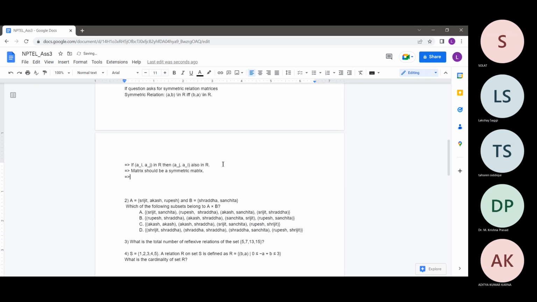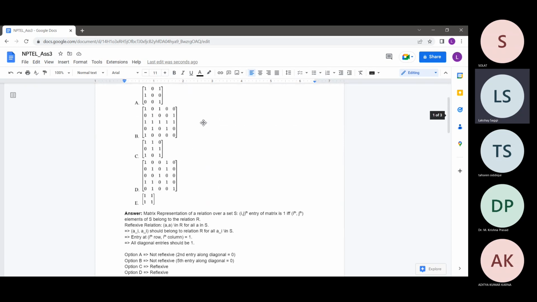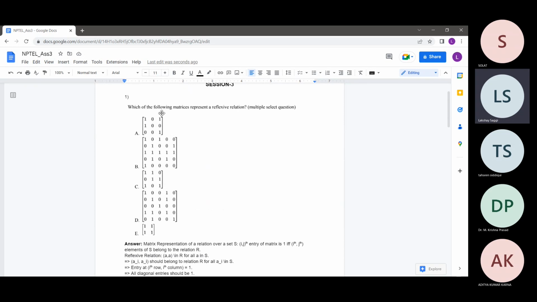So basically, a symmetric matrix M is a matrix such that M is equal to the transpose of M. And transpose, I believe, what is the transpose of a matrix? We already know from high school that basically we just take the mirror image of the matrix along the